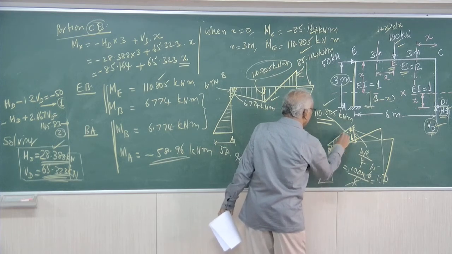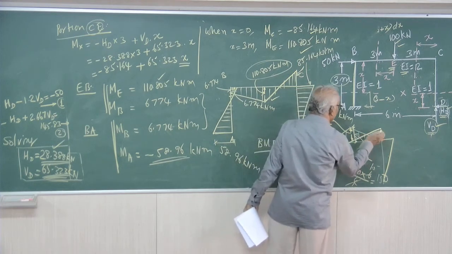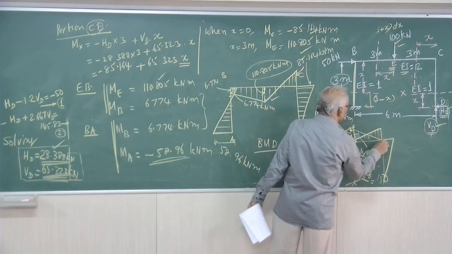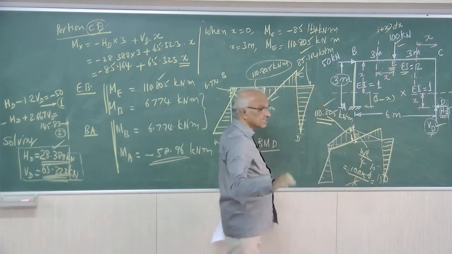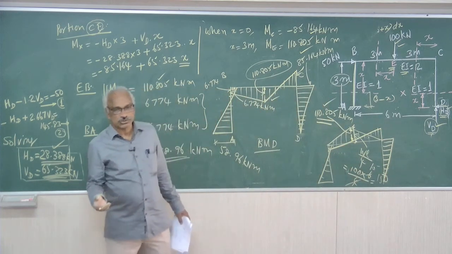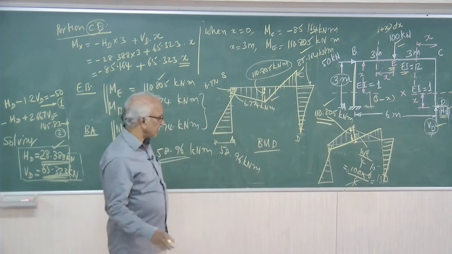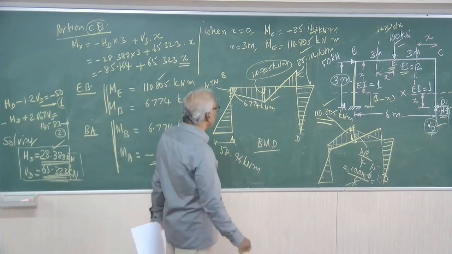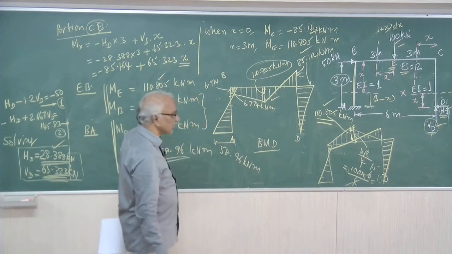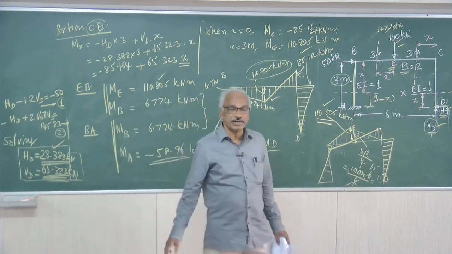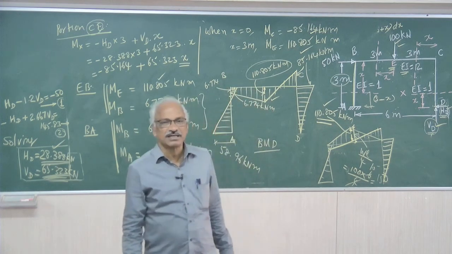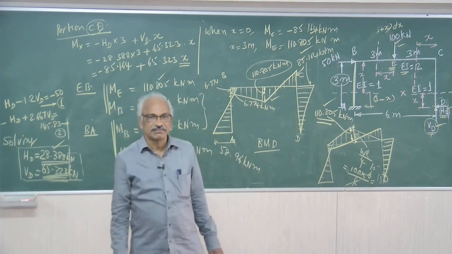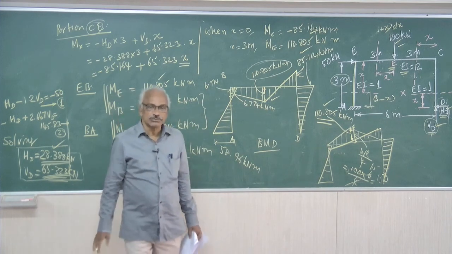It can be drawn like this also. So, if this is understood, then the bending moment diagram will not be a confusion. This point already we have discussed in the earlier problems. So, I think that will be more helpful, and so that completes the bending moment diagram and the analysis of a portal frame with static indeterminacy equal to 2. So, that completes the strain energy method, right. So, thank you for the patience.